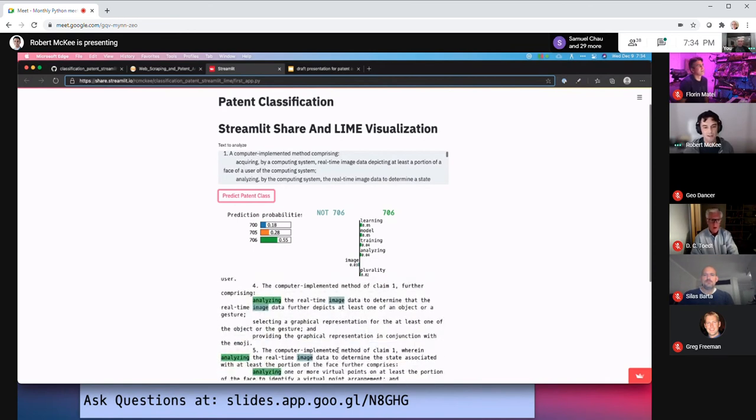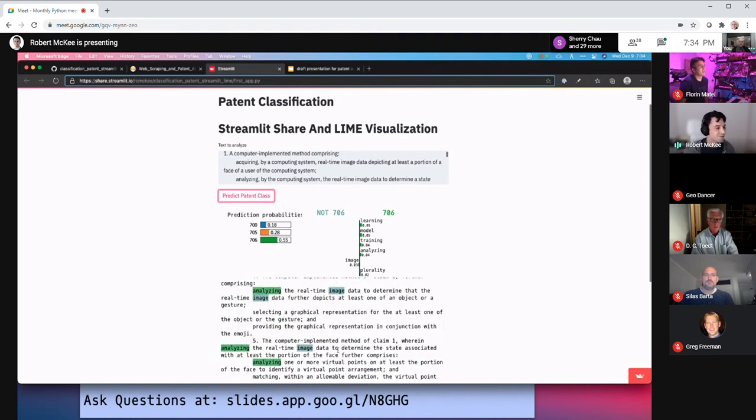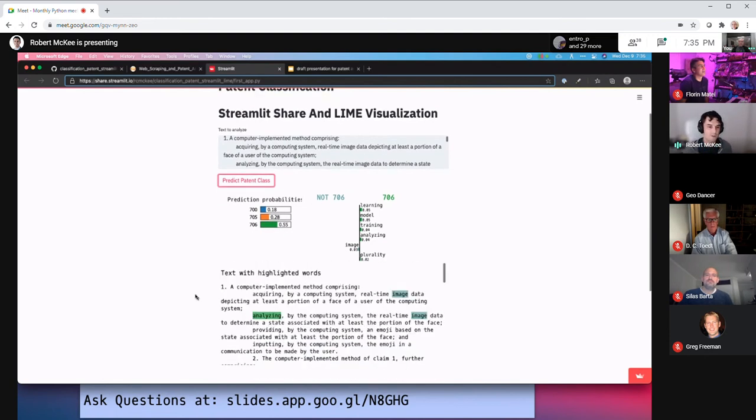And the reason I knew that it was actually really useful was the first time I got it working, I showed some people that didn't know anything about machine learning. And they were like, well, your model's highlighting the word "the." Why is it doing that? It can't be that great. I was like, that's not important. What's important is I got it highlighted and it's presented in a useful way. So it's great for showing people how your model's working so they have more trust in what your model's doing.